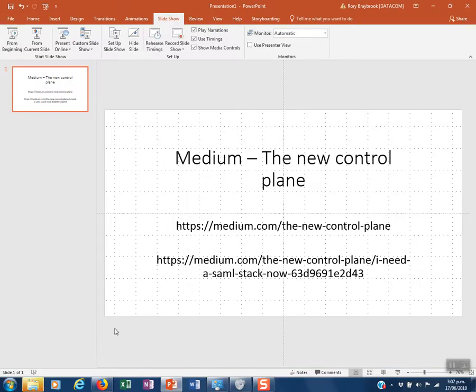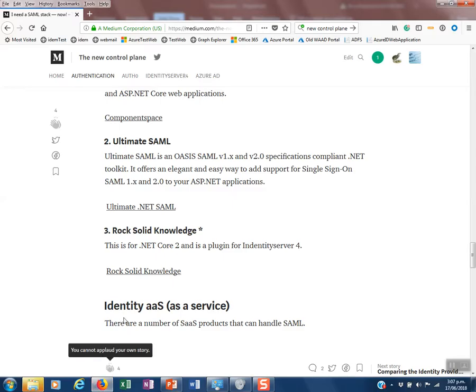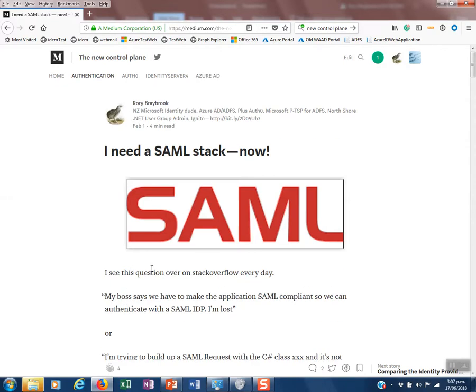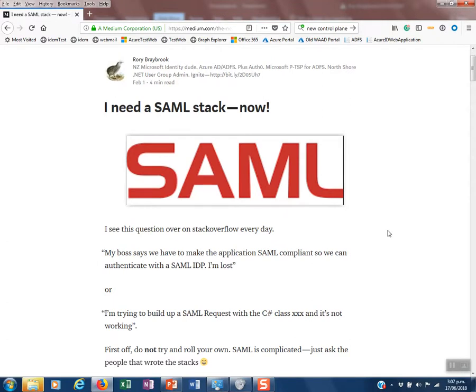So let's go and look at the exact article. The idea is that we're going to do short little videos, max probably 5 minutes. So we're just going to go through short little topics, something you can dip into at lunchtime or whatever, and hopefully you learn something. So the genesis of this blog post was I see a lot of questions on Stack